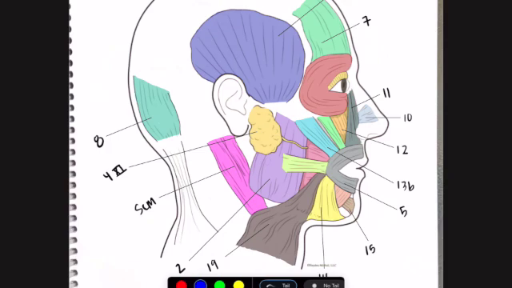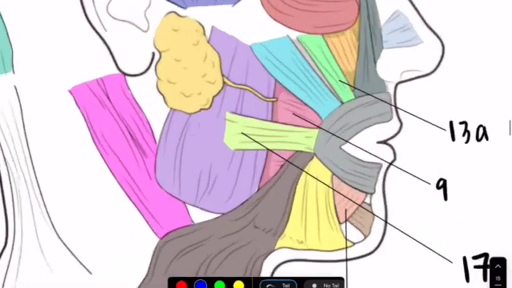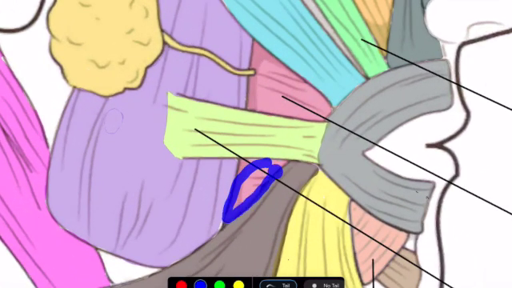Number 7 is your frontalis. And then you're going to have that aponeurosis, epicranial aponeurosis. And you get number 8 right here, which is your, oh, not ocularis, occipitalis. It's going to be your occipitalis. Number 9, you got a label down here, but it's this muscle that's hiding kind of in the background,